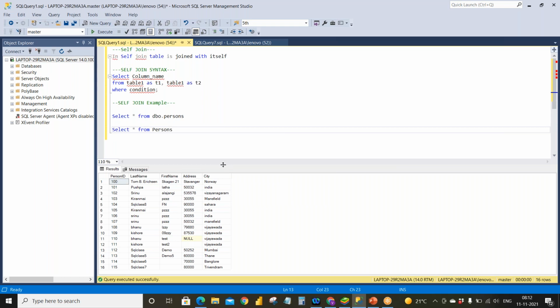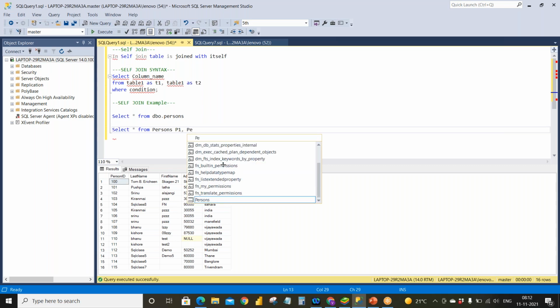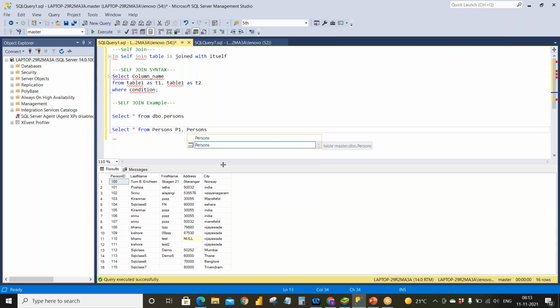One thing to remember: for the table, if you are giving an alias name and you are not using the keyword AS, it will also work as an alias name. Suppose if you give AS P1, it will work. If you don't give AS also, it will work. It will take it as an alias table only. So I'll give the second alias name, that is P2.